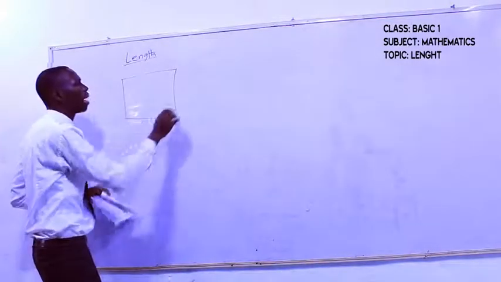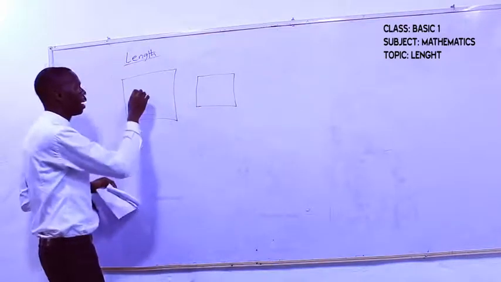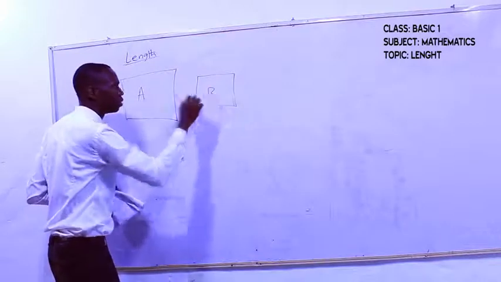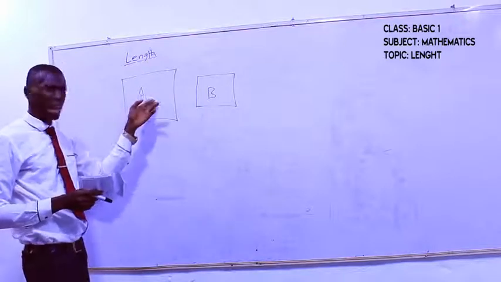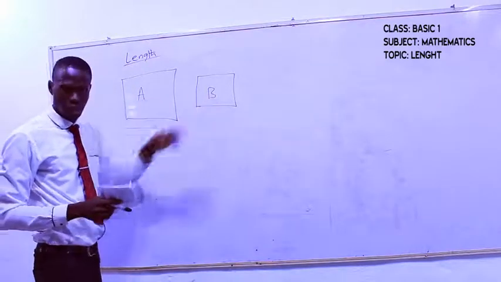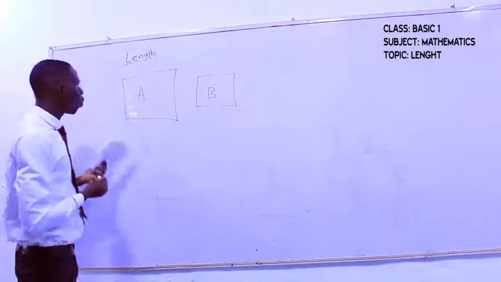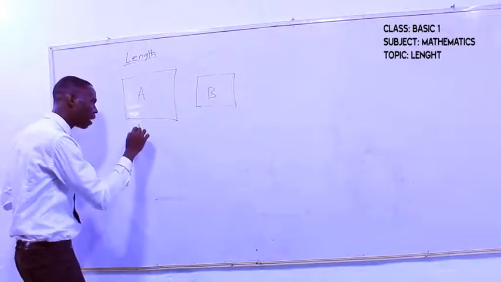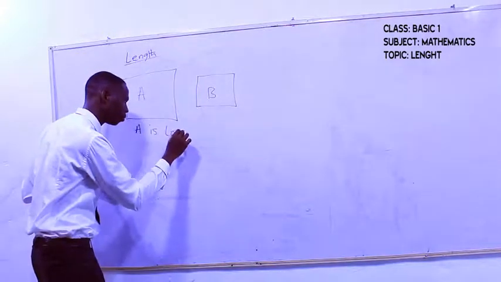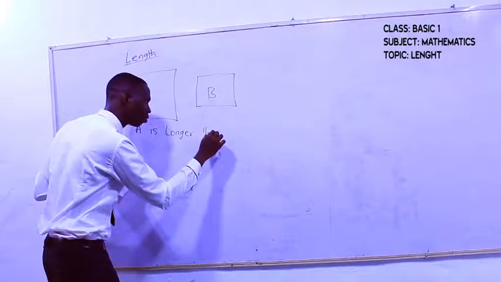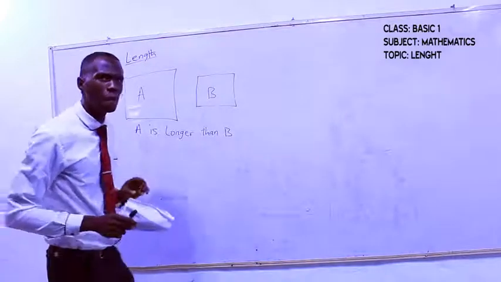For instance, we have this and this. This is A, this is B. If you look at these two objects, you will notice that A is bigger than B. So, in writing, I will say A is longer than B, because in length it can either be long,